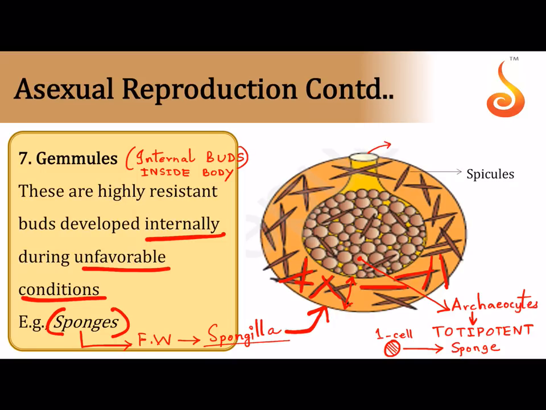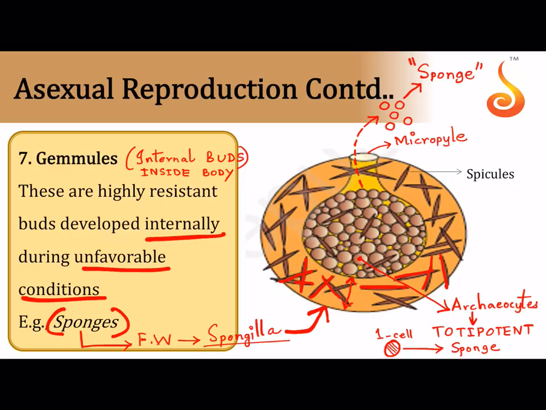And it has a mouth. See? This is called micropyle. It is initially sealed off. Later it opens on the return of favorable conditions, and all these archaeocytes will come out. Say, for example, the rainy season is back again and the pond is filled with water. The sponge dies, but the gemmule doesn't die. The cells inside the gemmule remain as they are. And then when there is rain, these cells come together and come out. Each one of them develops into a sponge which grows and becomes an adult.